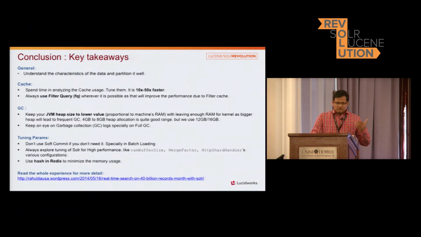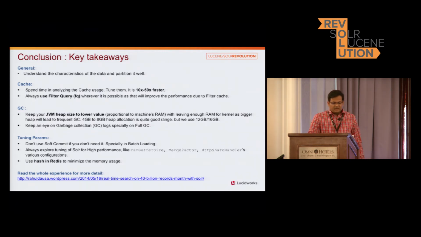And then you should take advantage of cache. Solr provides a lot of cache, so spend some time on that. If you tune it well, you are going to get around 10 to 50 times faster performance. In our case, we do a lot of caching and we return responses from there. So the computation is less, and since computation is less, we get better throughput. Now, you should always try to use filter query wherever possible, because a filter query is not related to a single query result. If you have multiple queries applying some filter, they can be satisfied by the filter cache, and it will improve your search latency.